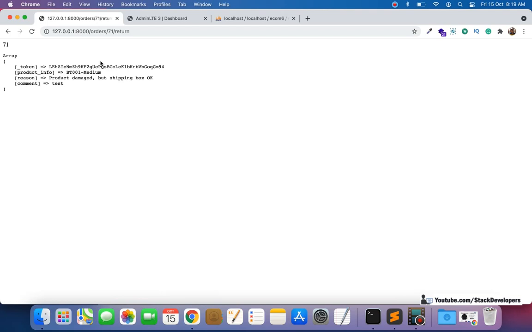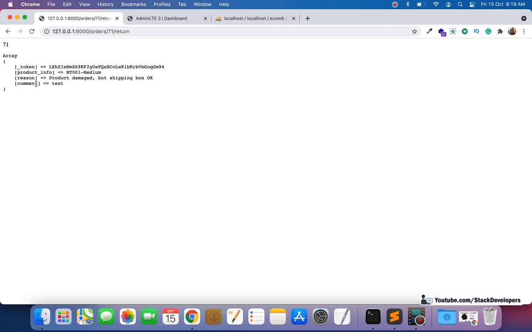Okay, you can see here we are getting the return item, like this is the product info that has the product code as well as the product size that the user wants to return, and we have the reason as well. This is the reason that the user has given, like product damaged in shipping box.